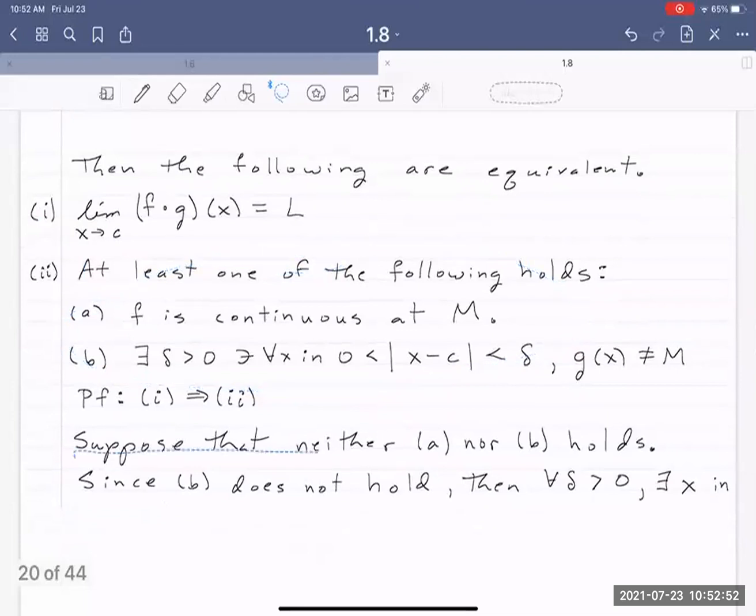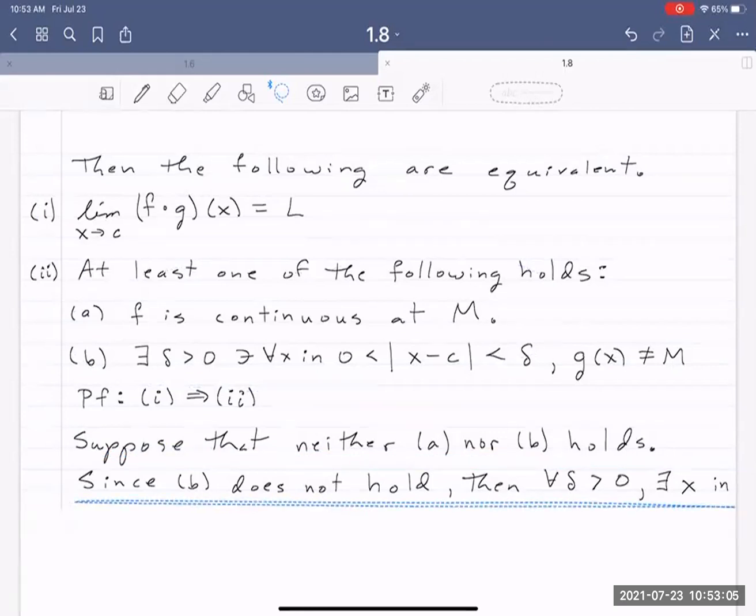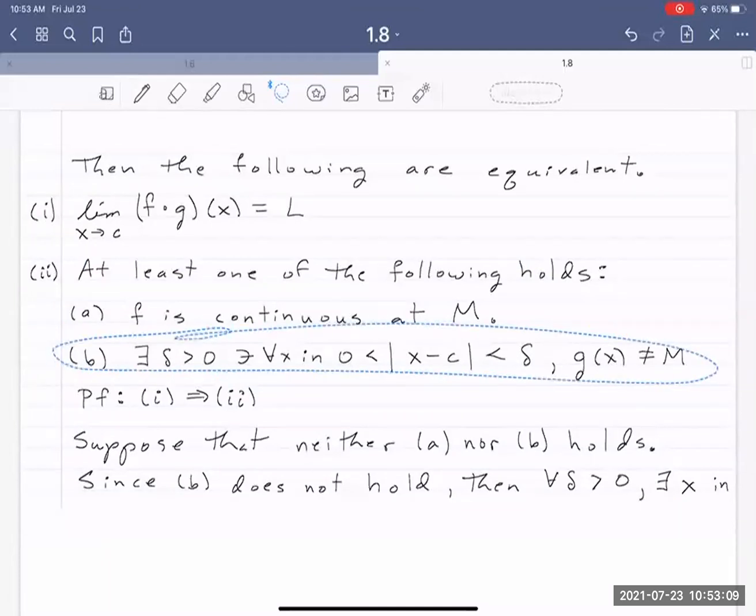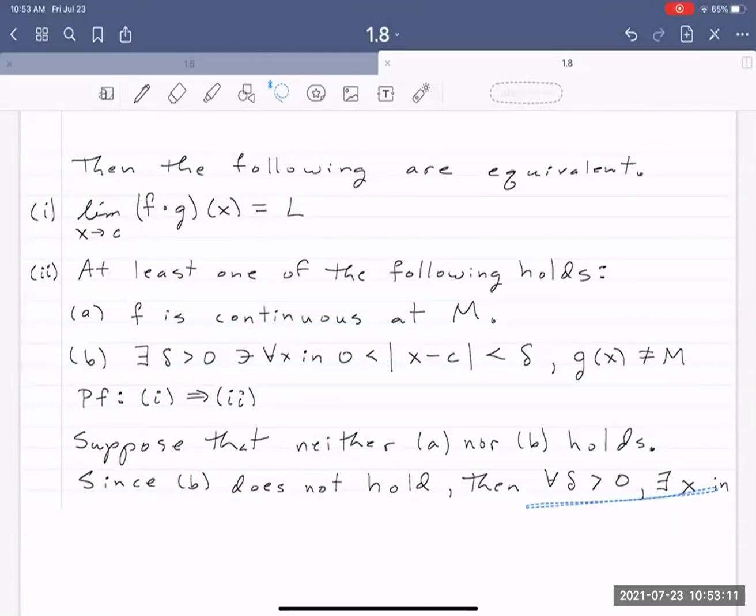Well, suppose that neither of these are true. So suppose that neither A nor B holds. Since B does not hold, then for every delta greater than 0,